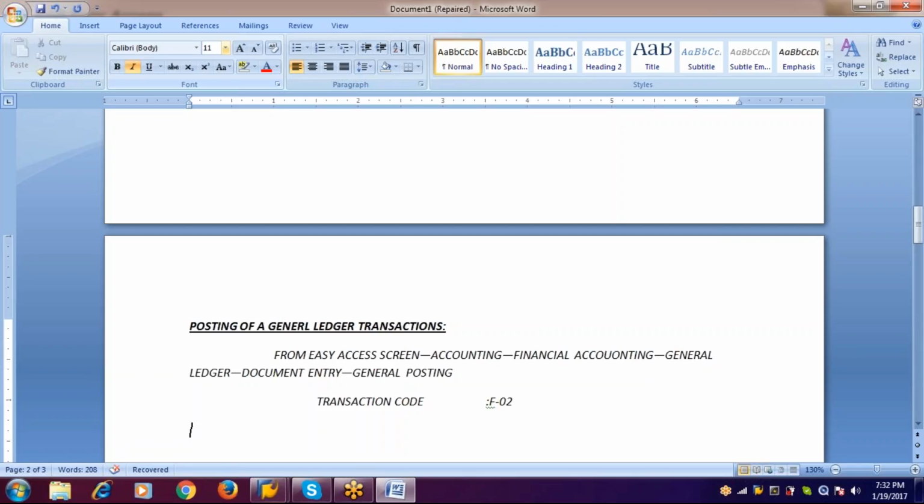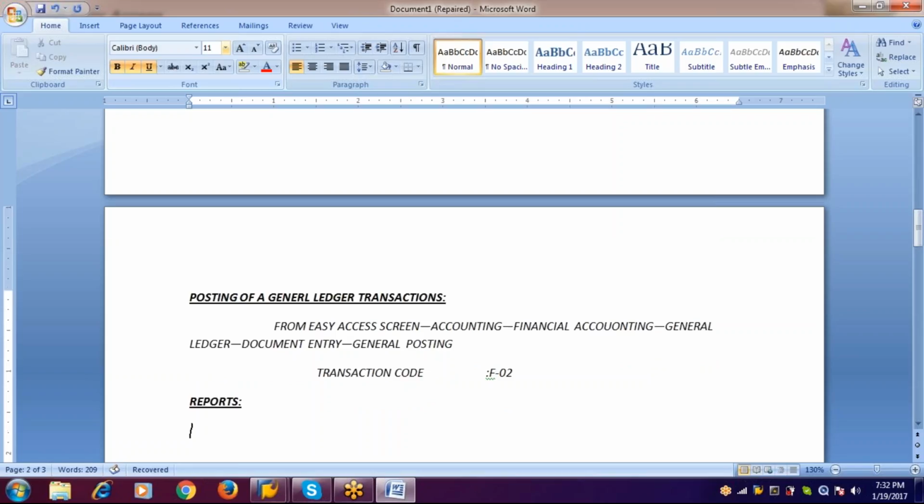Then we will go for reports. Here two types of reports will be there. The first one will be display balances. For this, the menu path is